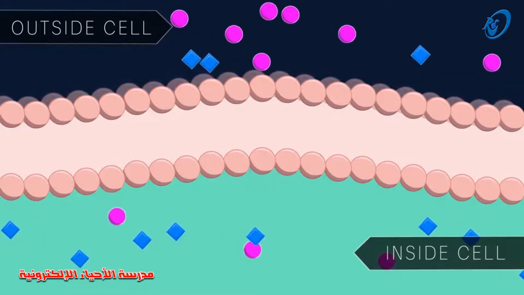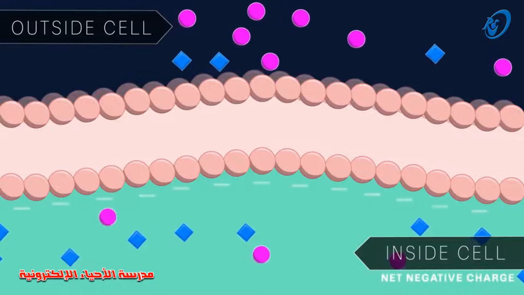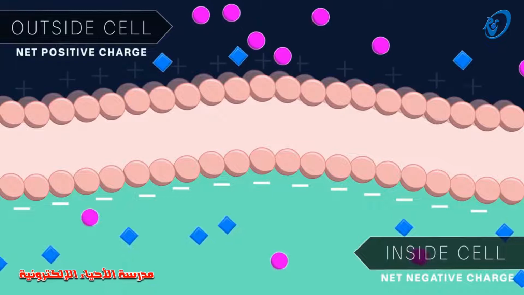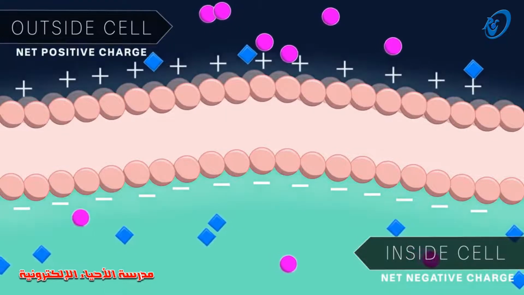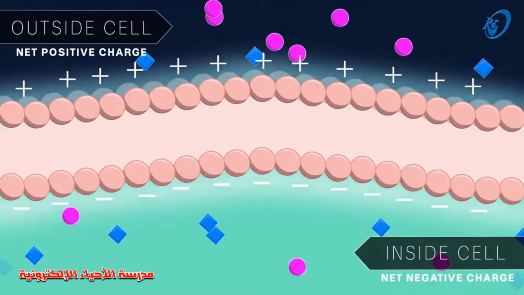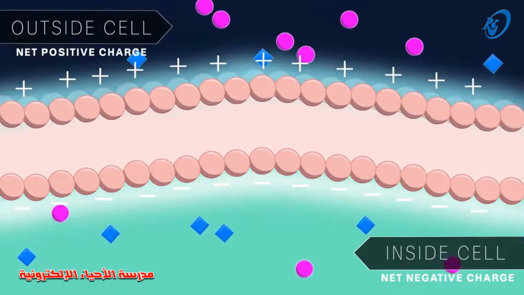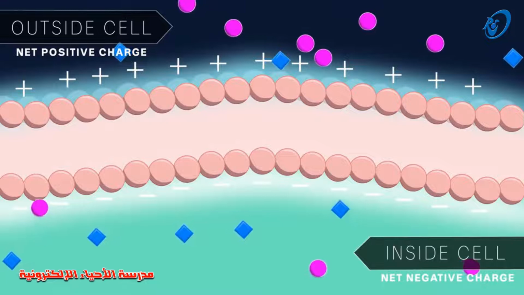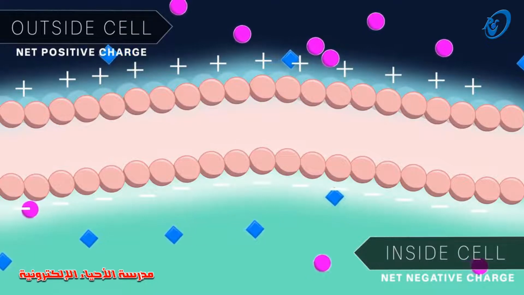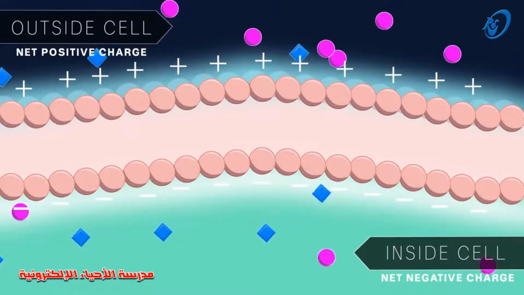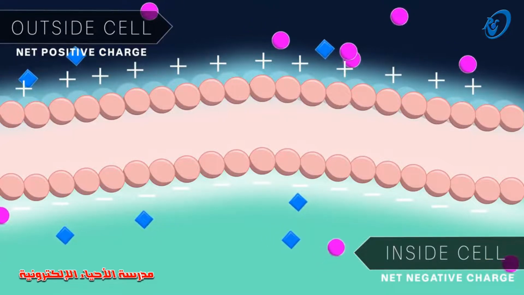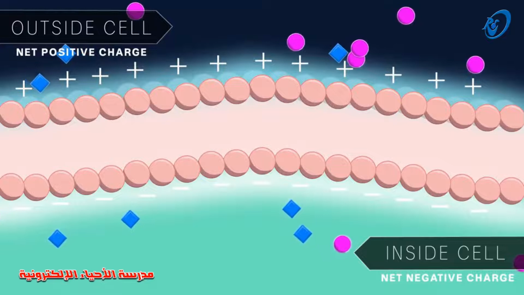While the inside of the cell has a net negative charge, and the outside of the cell has a net positive charge, the charges line up at the membrane and the bulk solution on either side is actually electrically neutral. The resting membrane potential is the point where the cell has achieved electrochemical equilibrium. This means that the concentration gradient and the electrical gradient for each ion are equal and opposite.